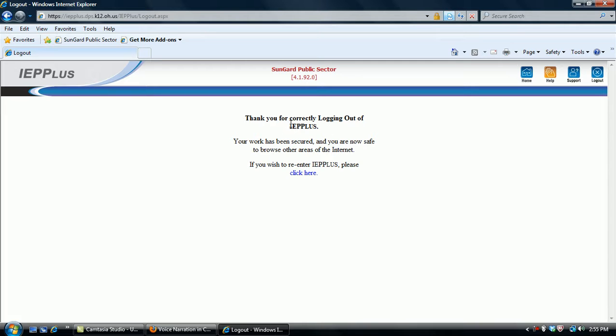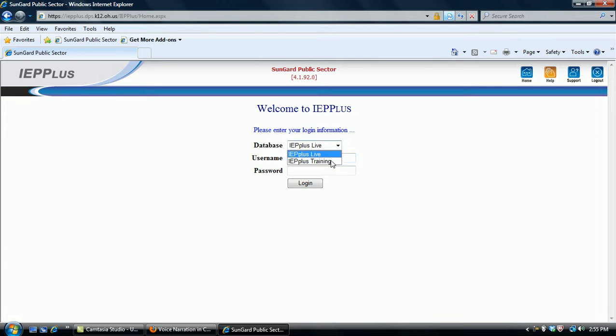And once you see this information, this frame will still be in front of you. So once you have logged out and see they thank you for logging out, then you click up here and you can completely be out of the program. Okay, or you can go to your address bar and change it to something else. Okay, so I'm going to go back home,